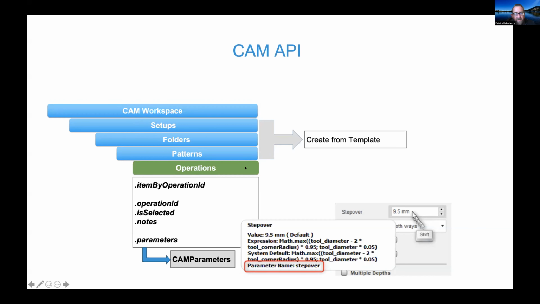In this case, you have operations. You have these new things like item by operation ID. It's the same for folders and patterns and everything else. You'd have a pattern ID, patterns, pattern by ID. So if you're trying to keep an index in some other data model, you can keep track of everything. But then obviously the biggest, most interesting enhancement is from any operation, you can get its parameters object, which gives you the entire